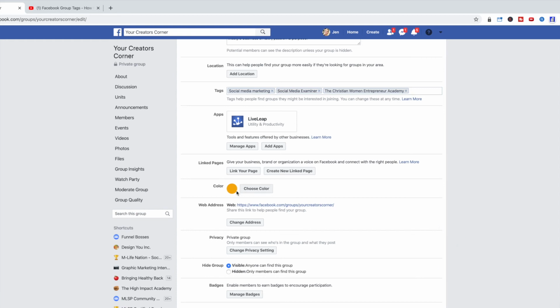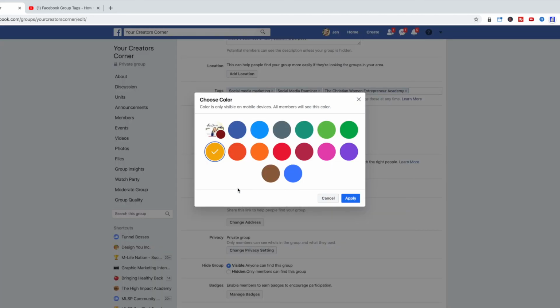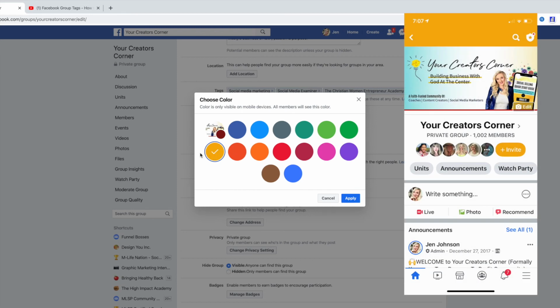And then a fun little thing here, obviously you can choose your color. So when you're on your phone, it shows the color that you have picked out here. So if you want that to match your banner and keep it aesthetically pleasing, that's always a fun thing to